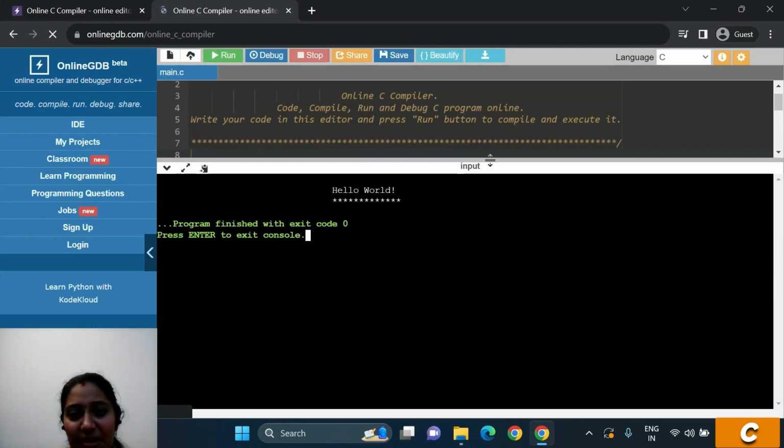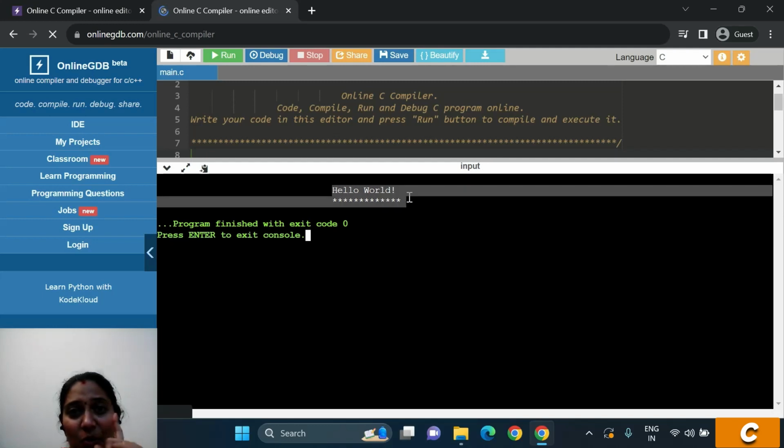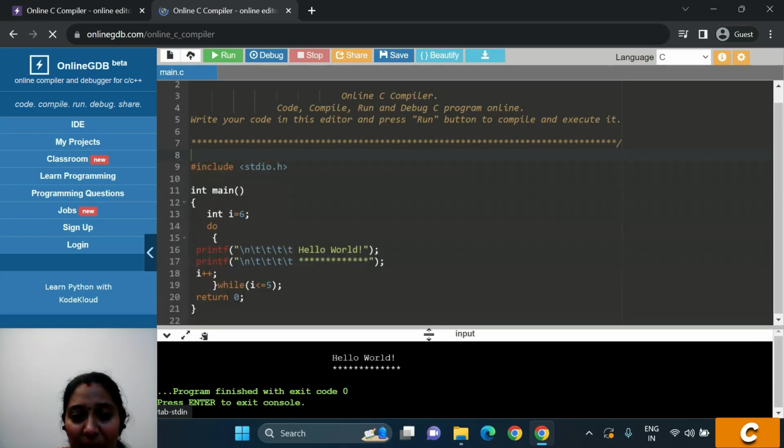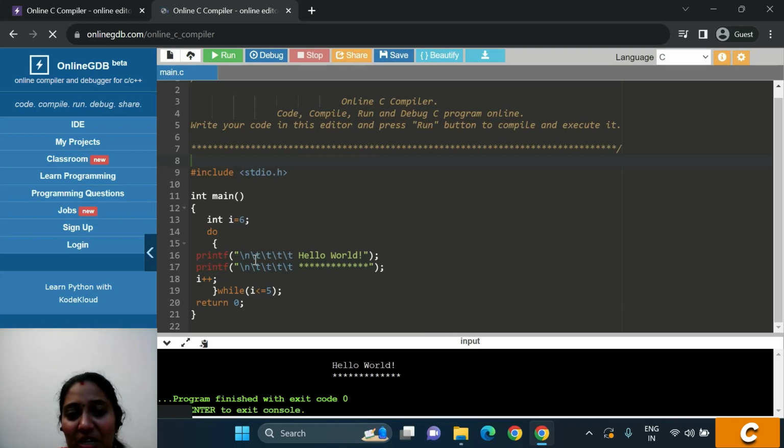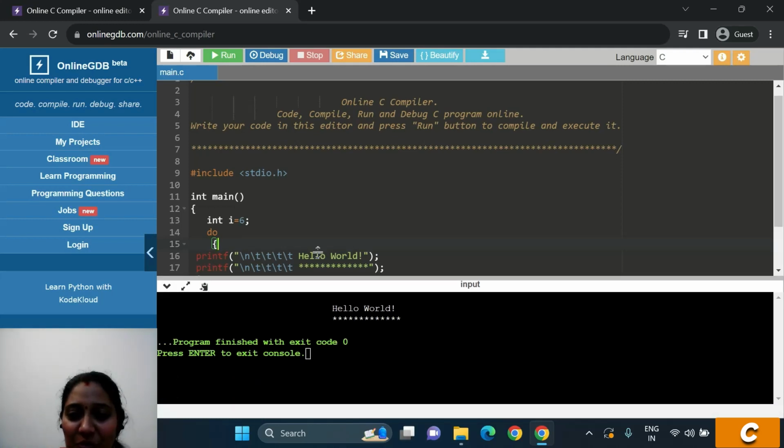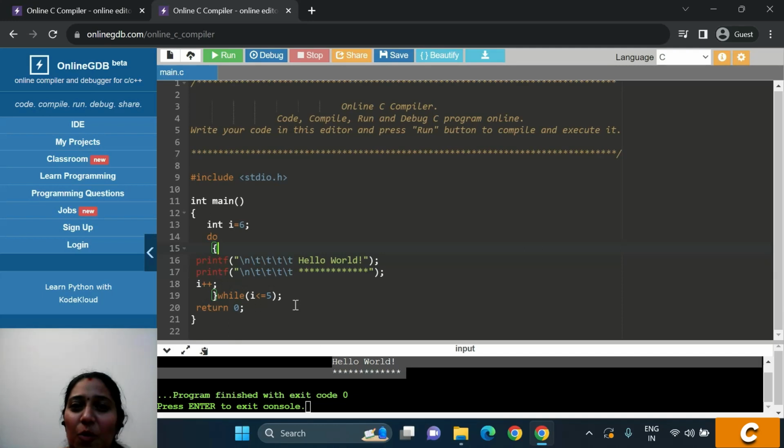You can see that hello world has been printed one time. What happened? Even though my condition is false here, it should not have been executed. But still, even if the condition is false, when I tell it to do, it does. So that is the speciality of a do while loop. What is the difference between a while loop and a do while loop? A while loop will be executed only if the condition is true. But a do while loop will be executed once, even if the